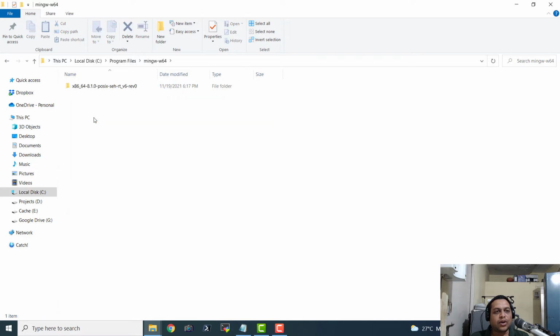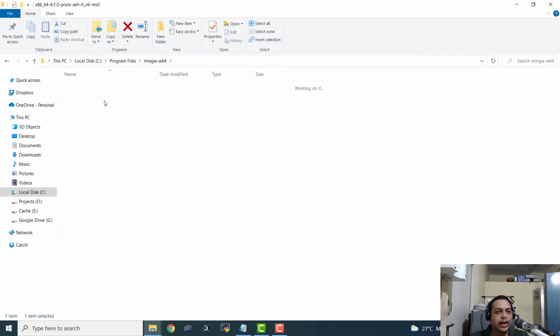And here we will have one directory for every version and every architecture. So we have here a combination of architecture as well as version as well as thread model. So the computer architecture is x86-64, the version is 8.1.0 and the thread model is POSIX. And after that also we had a couple of options. So all that option, everything is going to have a single directory. So if you actually choose to install it again with some other option, then it is going to create another directory in the same directory MinGW W64.